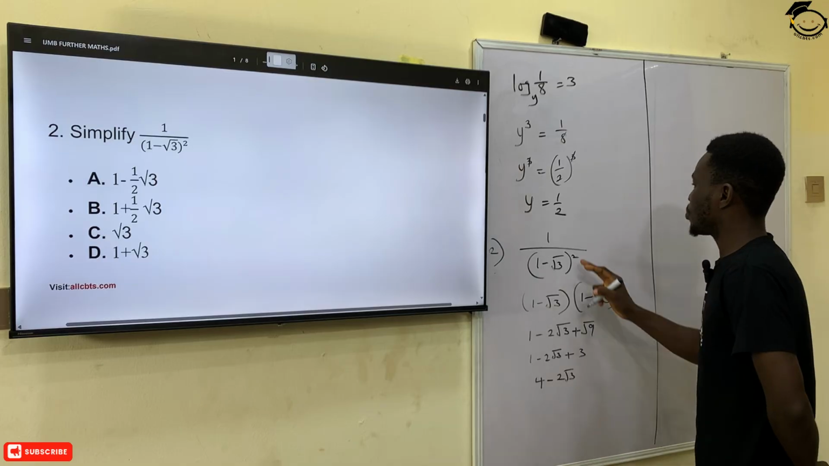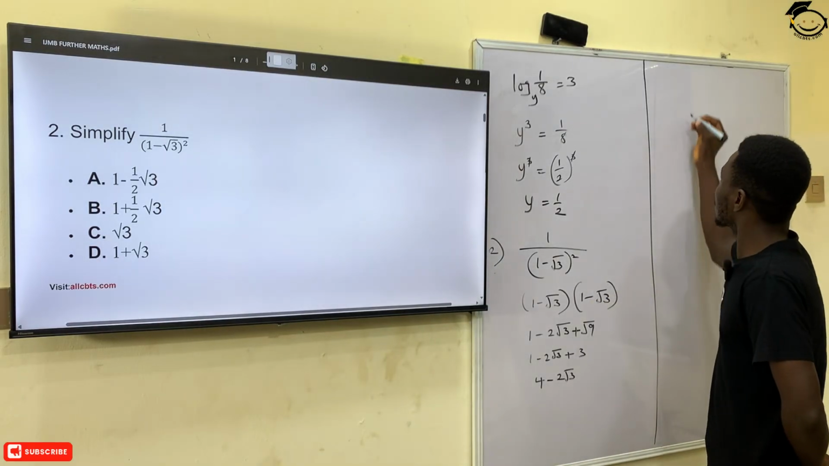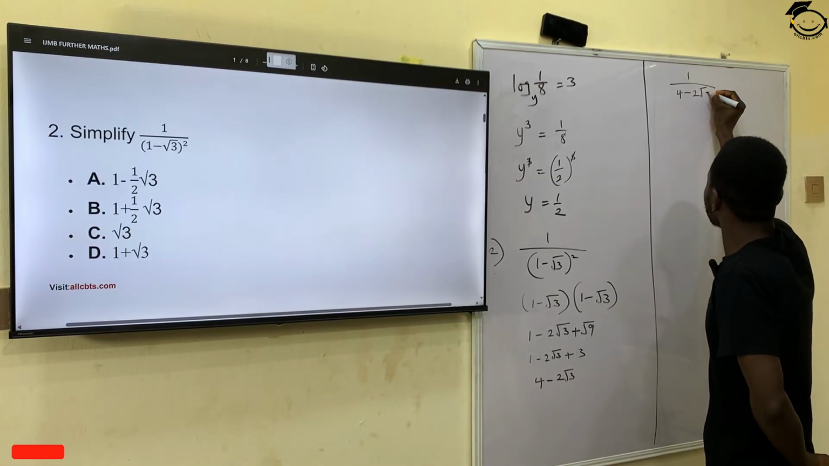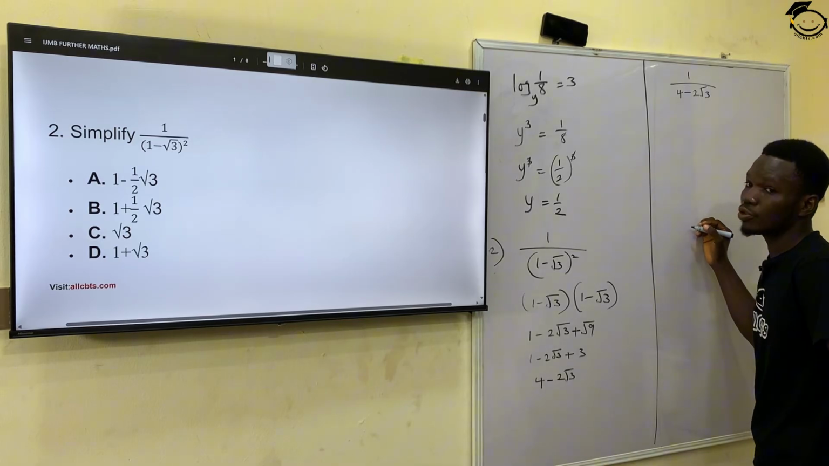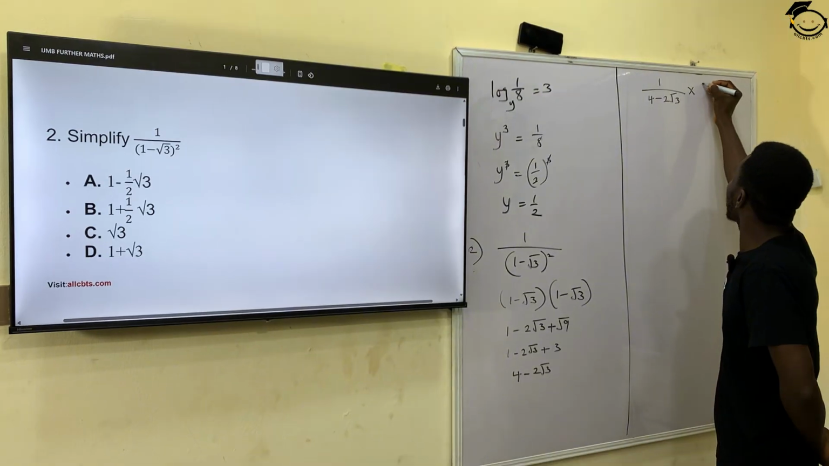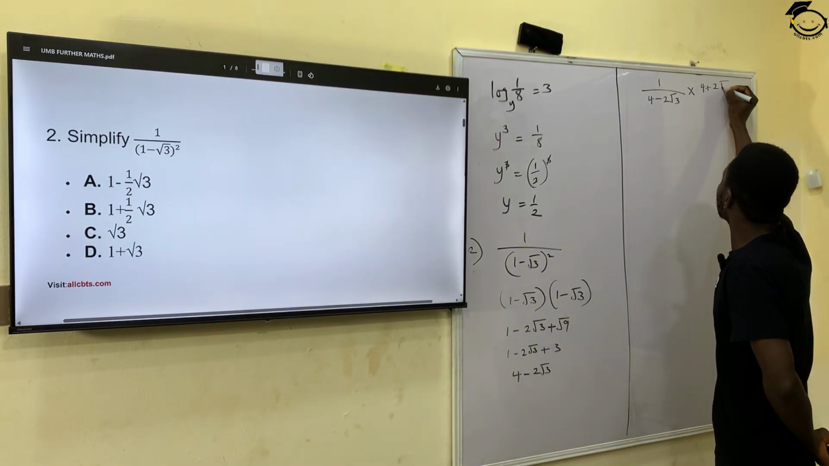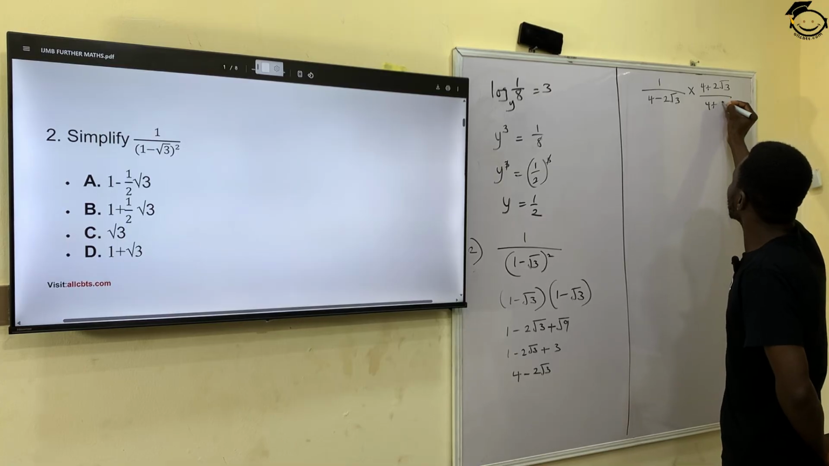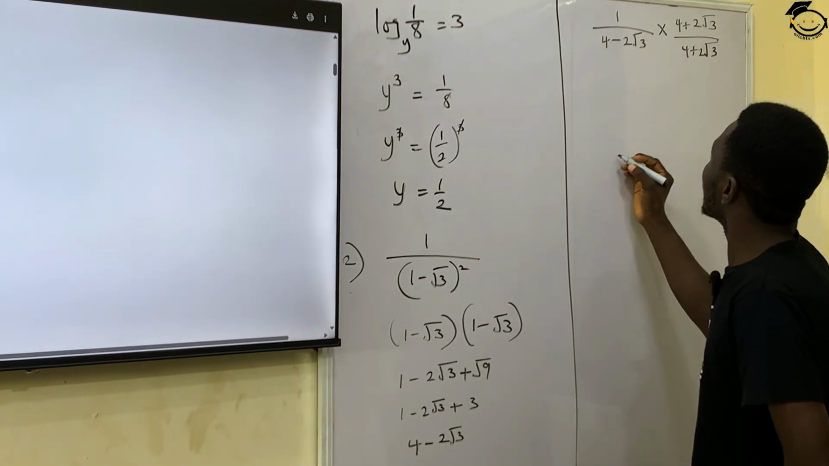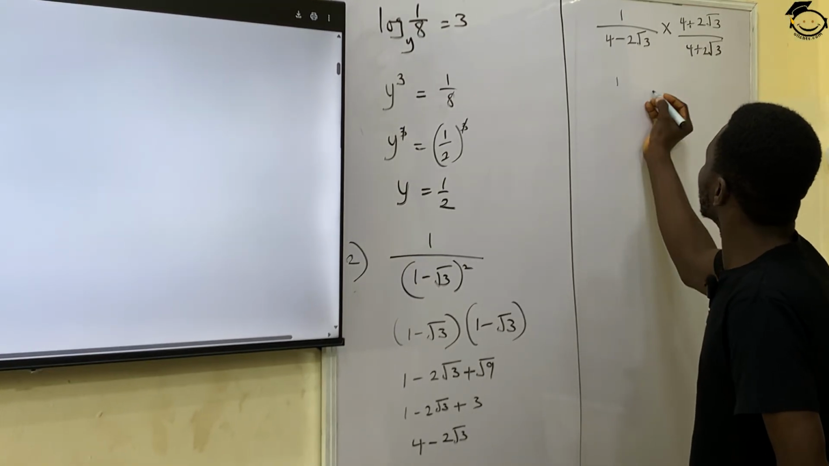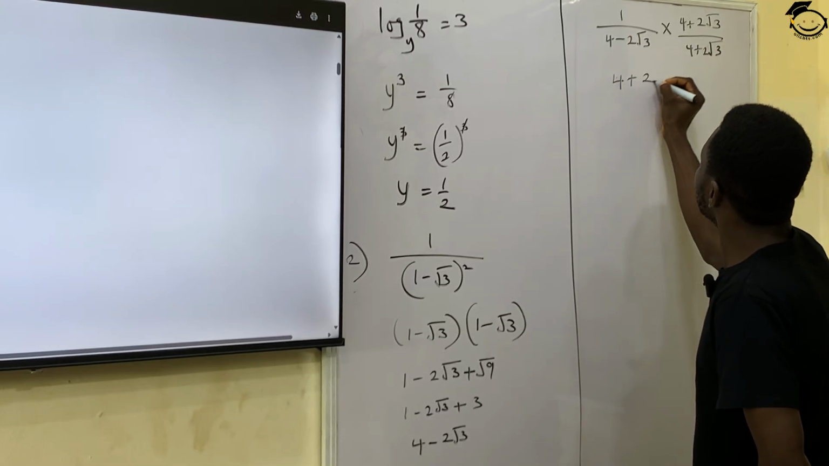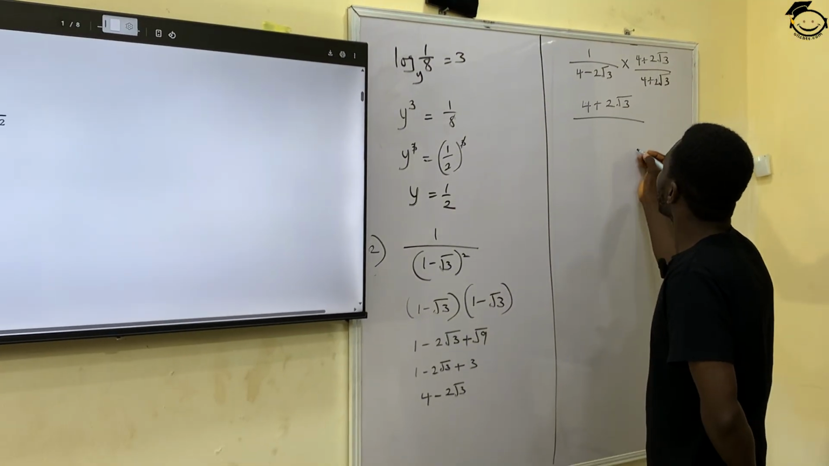So I'm going to use this and put it into our question. So I'll be having 1 over 4 minus 2 root 3. So if we are to simplify this, it means we are going to what? Rationalize with the conjugate. So I'm going to multiply this with the conjugate. So I have 4 plus 2 root 3 over 4 plus 2 root 3. That will give me 1 times everything here, which will still give me 4 plus 2 root 3. This is over